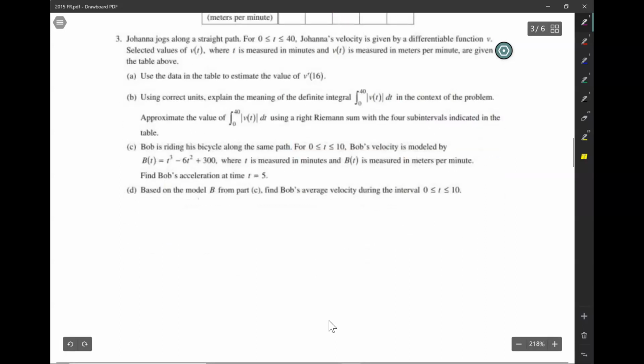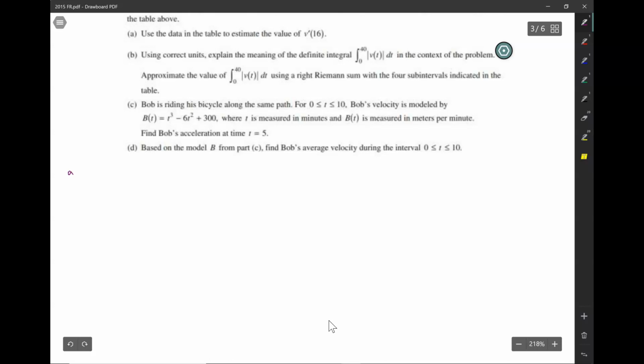So v prime of 16 is equal to v of 20 minus v of 12 over 20 minus 12. So this is 240 minus 200 over 8, 5 meters per minute